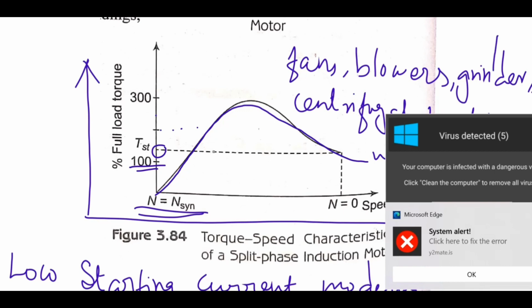Like this, it has different applications based on its characteristics.